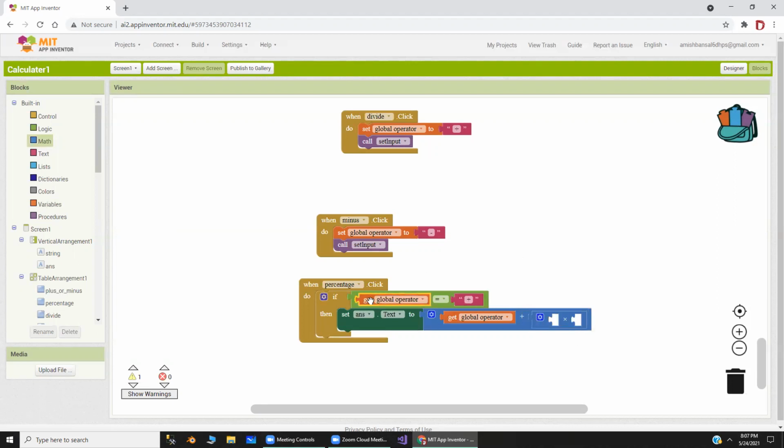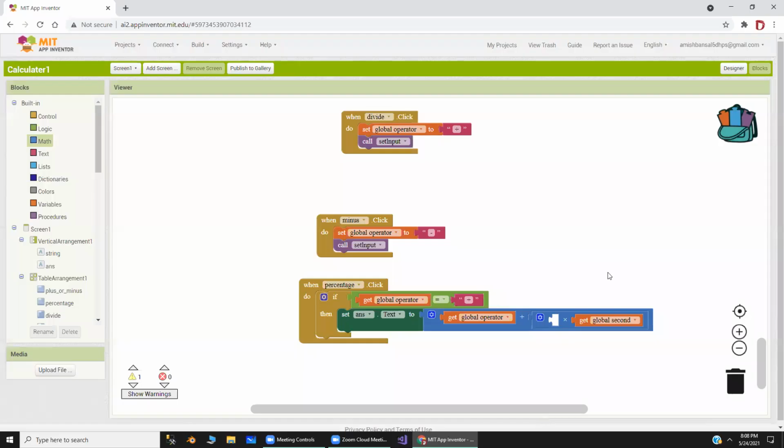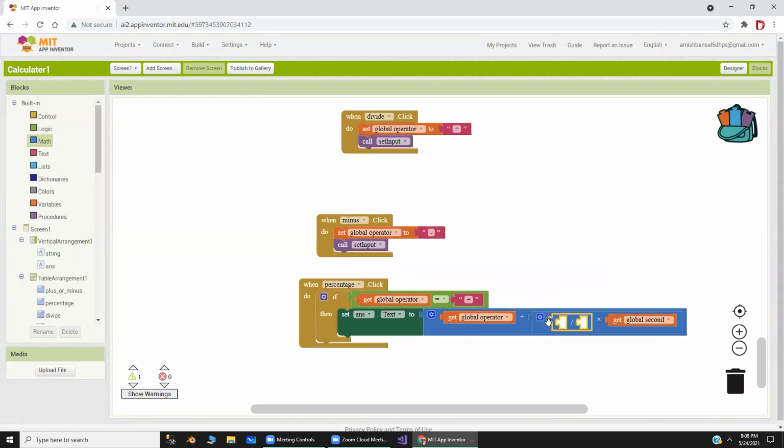Now again copy this get global operator, paste it here and make it global first, not here, in global first. And here make the set global second. Now go to again maths and drag this divide one and set global